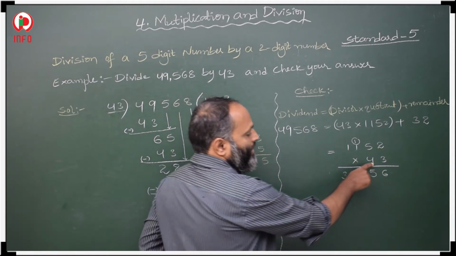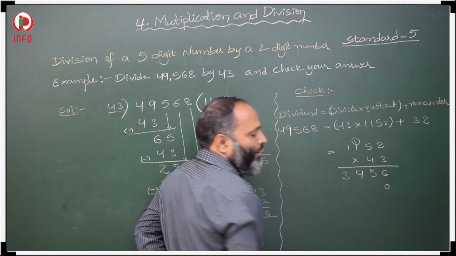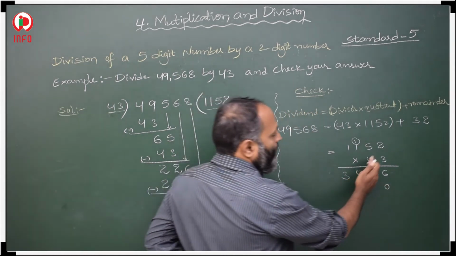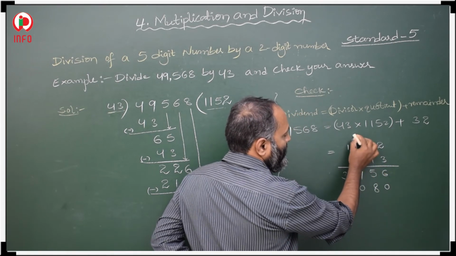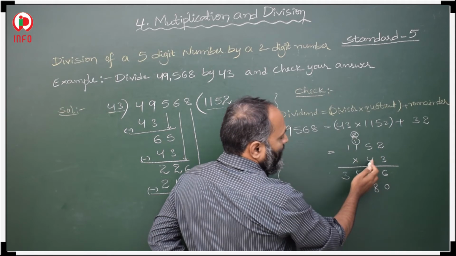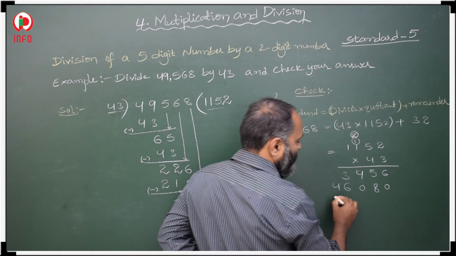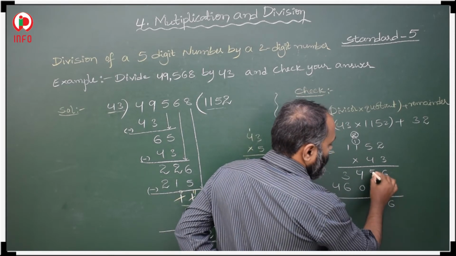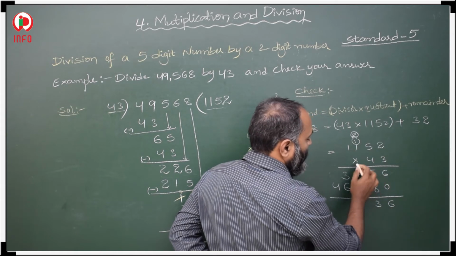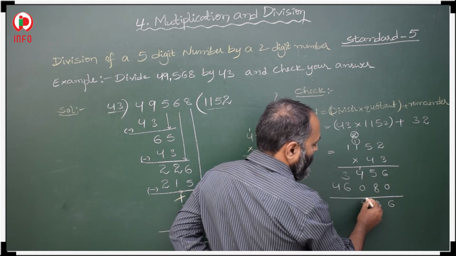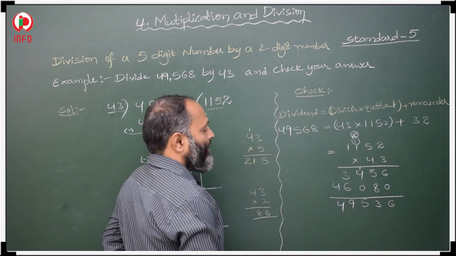Now we start multiplication with 4. So we have to keep a 0 in ones place. Now you multiply. 4 2s are 8, 4 5s are 20, 2 here, 4 1s are 4, 5, 6, 4 1s are 4, 6, 8, 9, 10, 11, 12, 13, 3 plus 4 plus 1 is 5, 6 plus 3 is 9, 4. So this is the product.